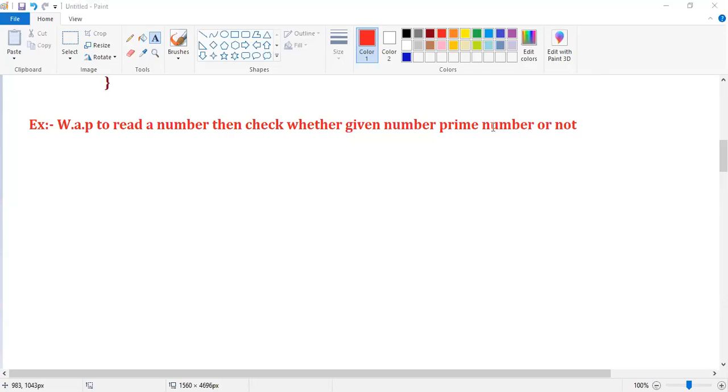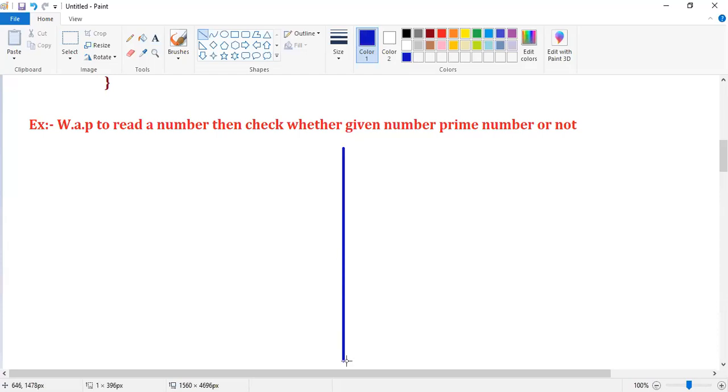Guys, for this prime number, if you open your Google and type code for prime number, you will get a lot of codes. I need 2 codes, guys, not 1 code.